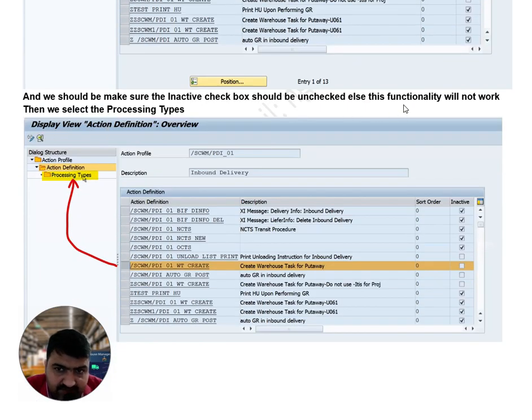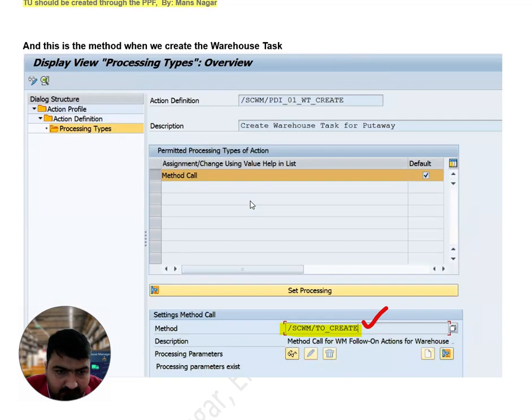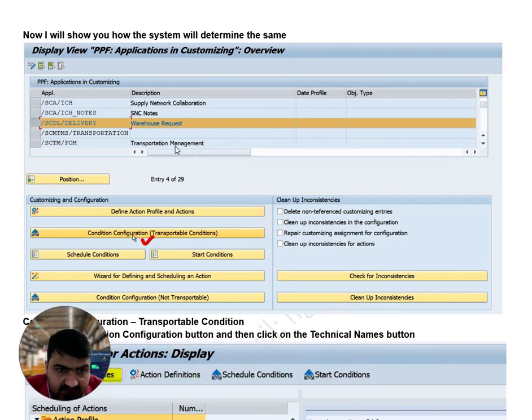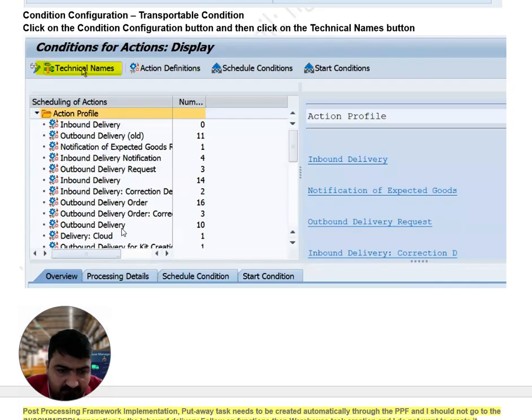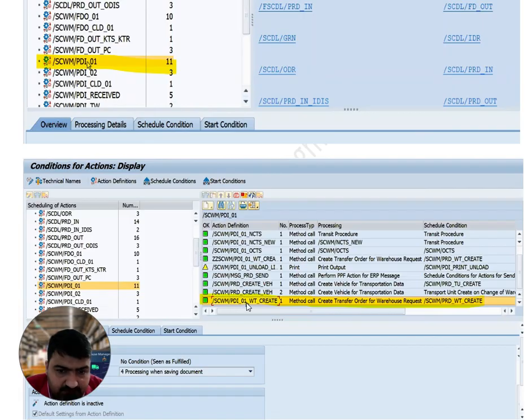Okay, the same thing I mentioned here: create warehouse task for putaway, because I would like to do the inbound delivery for putaway. Then after delivery, then condition configuration. So for the technical name, I will put here all the field names: PDI01. Whenever the inbound delivery is created in the warehouse, what is next?